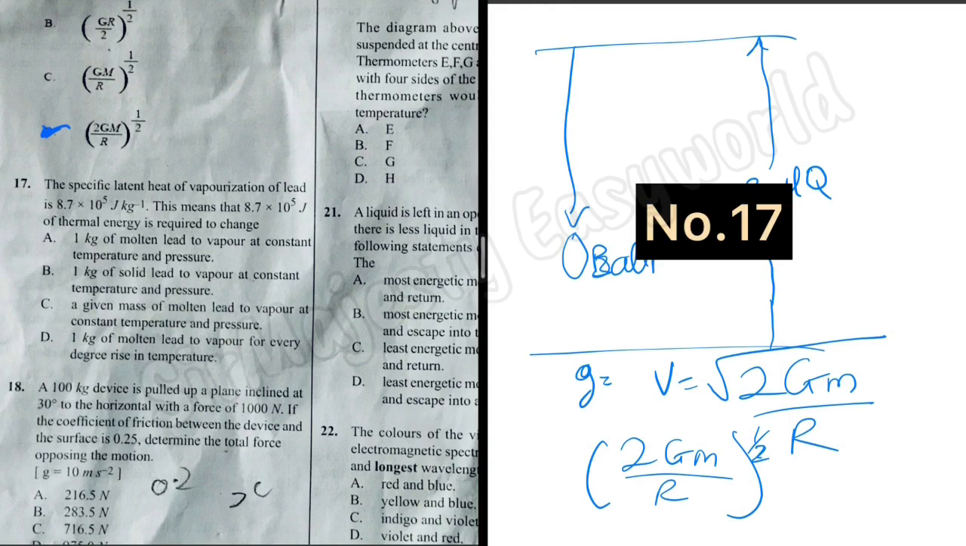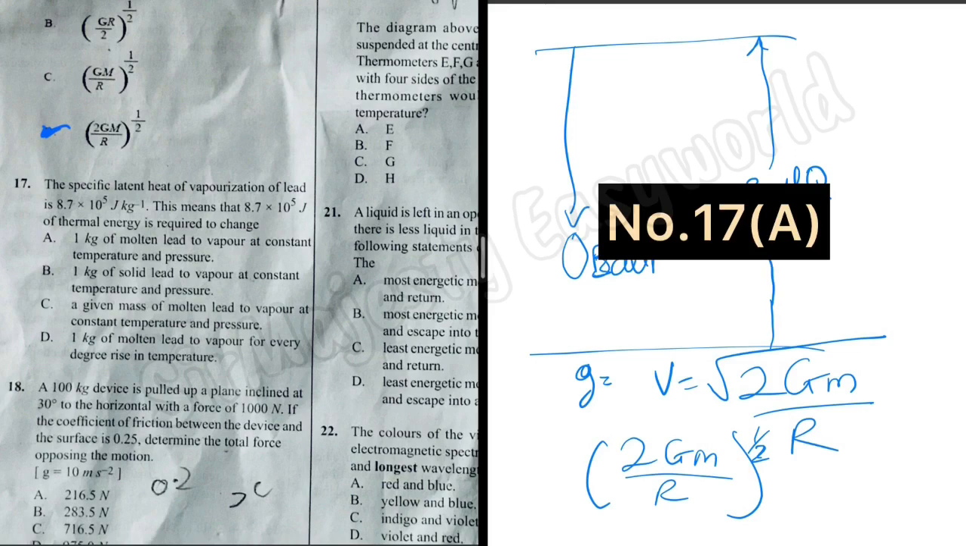This means that 8.7 times 10 to the power 5 joules of thermal energy is required to change 1 kilogram of molten lead to vapor at constant temperature and pressure. So that's A, because vaporization involves changing liquid to vapor, so it cannot be solid lead to vapor, and neither can it be a given mass, because we already made specific in the units that is 1 kilogram and specific latent heat. So the correct answer should be